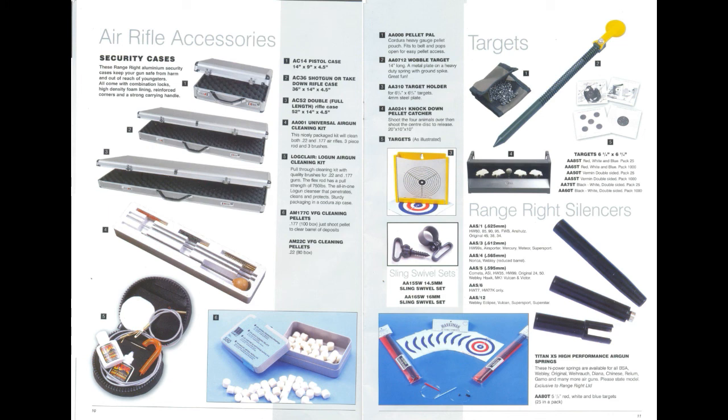Air rifle accessories. Number 4, that rifle cleaning kit, I bought that, and some of the number 6, the pellets you shoot through your gun, I bought those. Those were quite good. Next page,